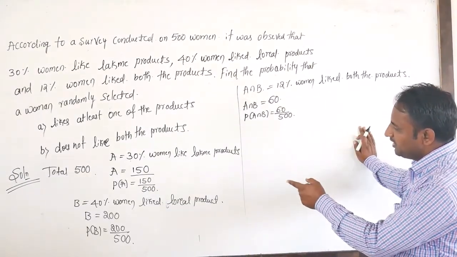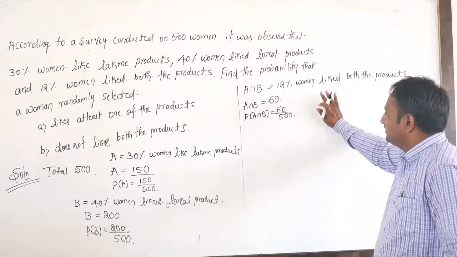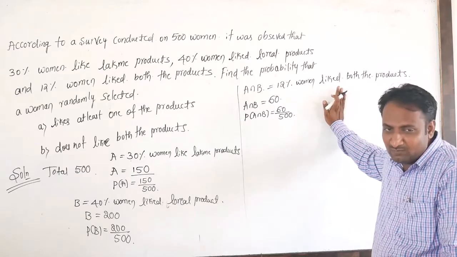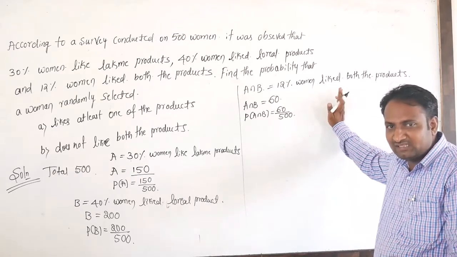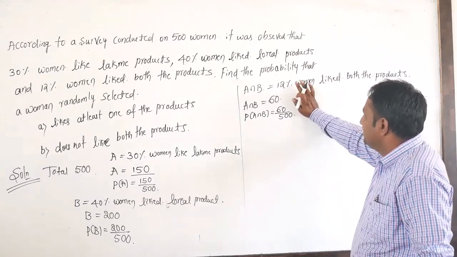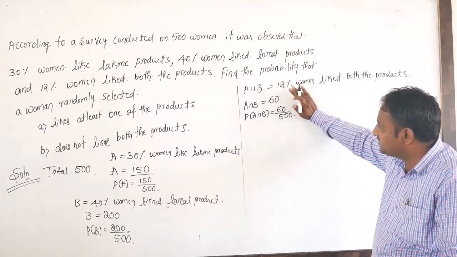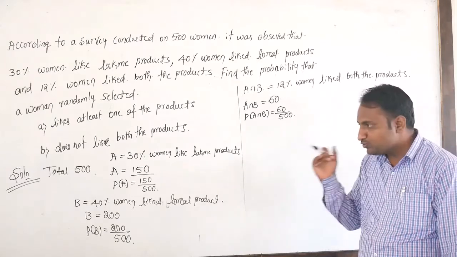Then for both L'Oreal products as well as Lakman products, 12% of women like both. 12% of 1000 is 120, and half of that is 60 women who like both the products. Here the probability of A intersection B is equal to 60 divided by 500. Question: